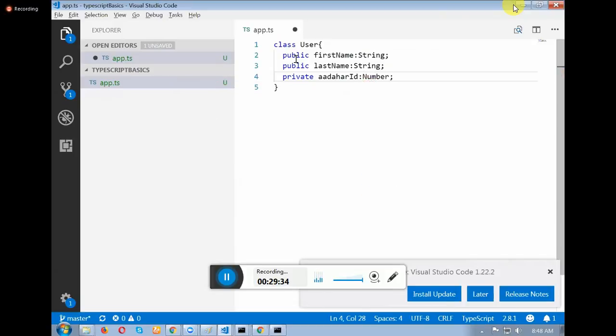Now, are you finding any difficulty in understanding the signature of the class? Class, public properties, class, private properties. Okay. Now, every class can have a constructor or not.